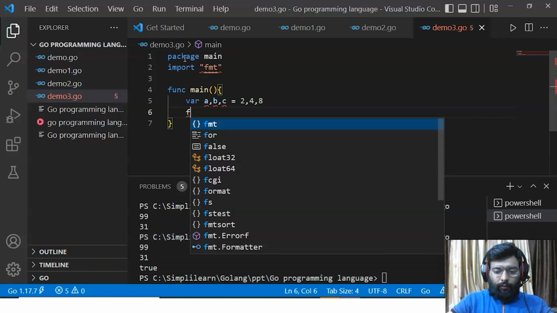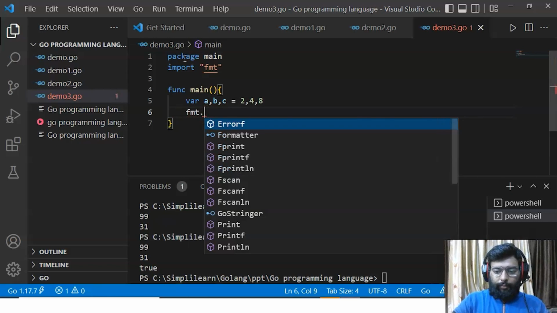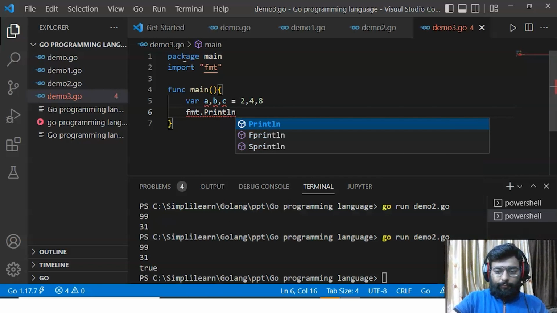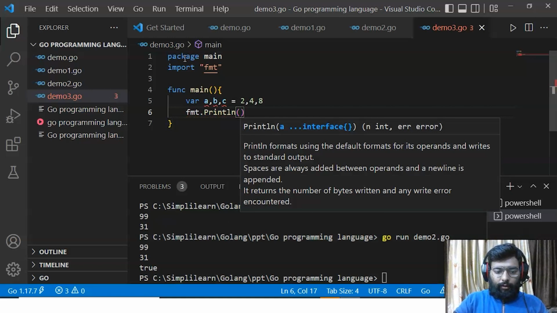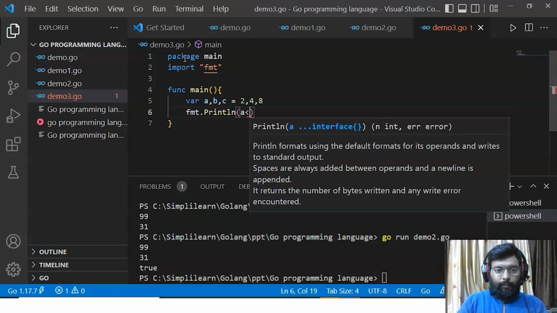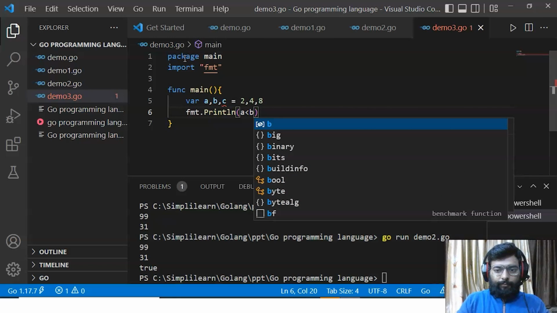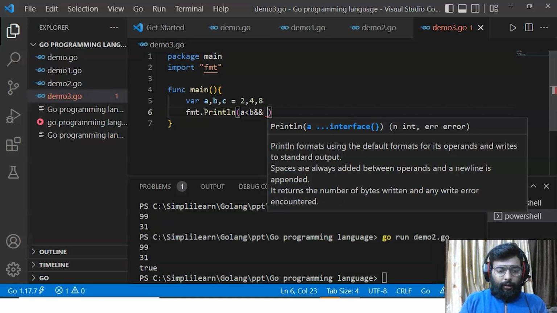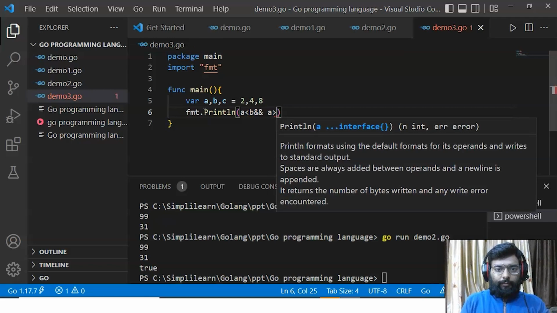Now we will print the statement fmt.Println, and inside we'll perform the operation, that is a less than b, logical and, a greater than c,